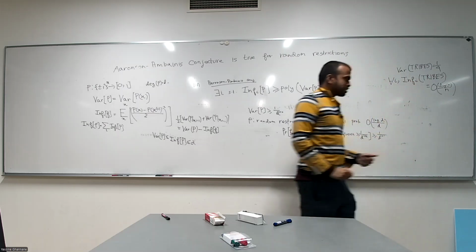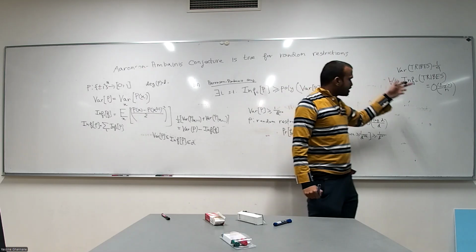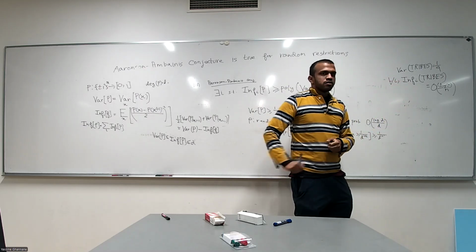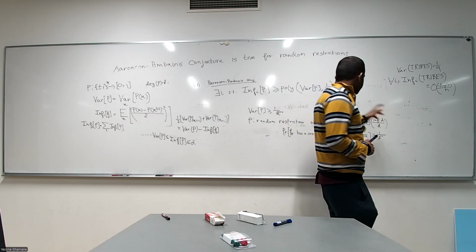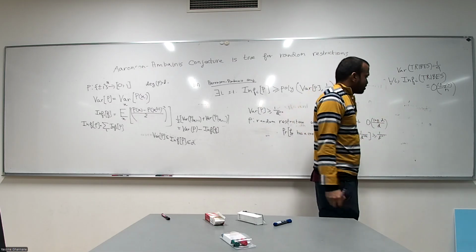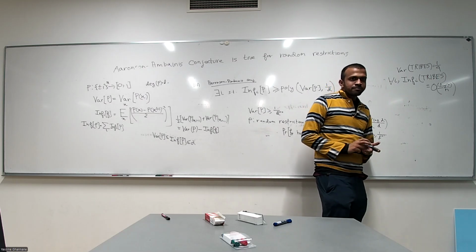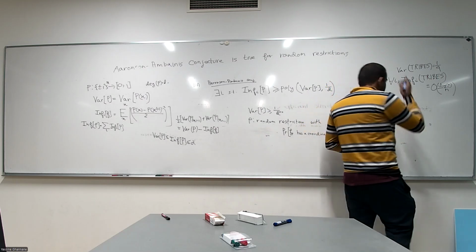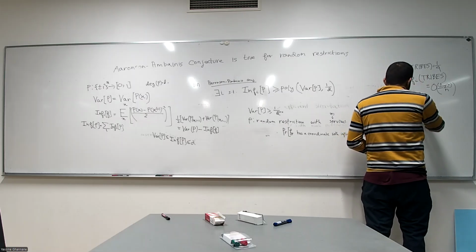So such functions exist, where the variance is a large constant, but every influence individually is small. So without the additional degree restriction, this other statement cannot hold. Okay, so I hope that answers your question. And the degree of this turns out to be full, so it does not violate the Aaronson-Ambainis conjecture.